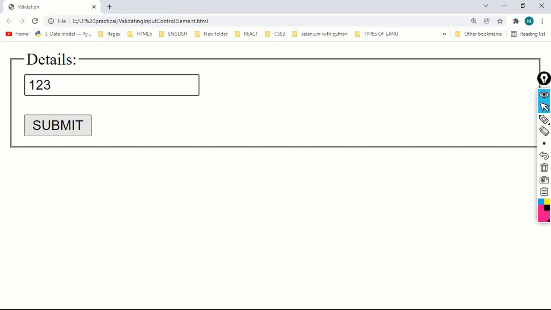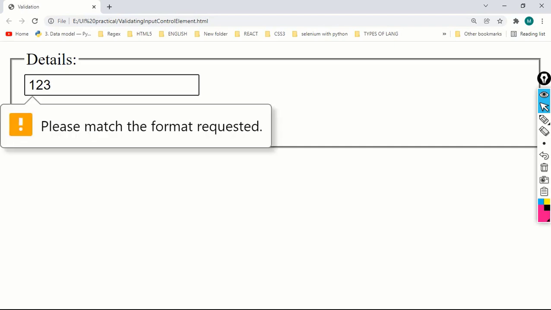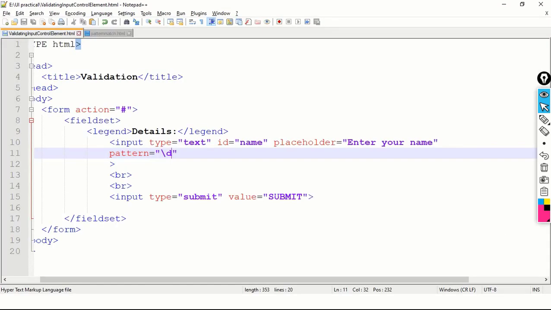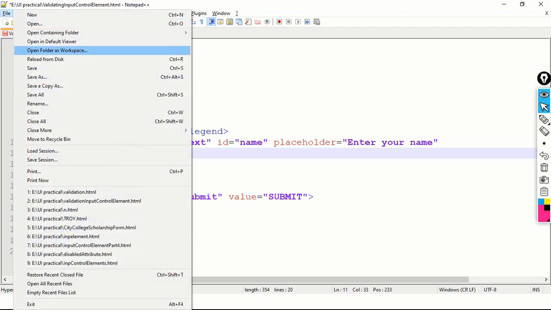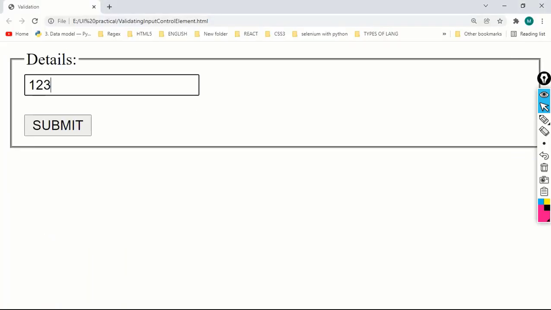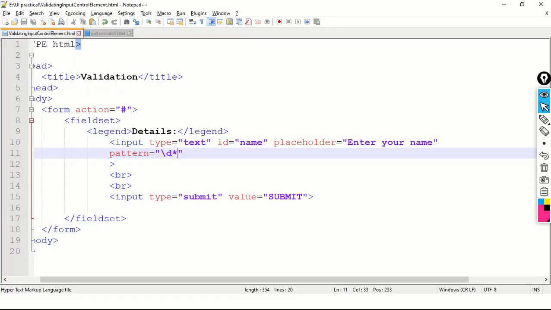Observe carefully what happens. Please match the format requested, backslash d star. Save the code and refresh. 123 submit. So it is submitting now. Okay, so what is this star, what is this d, what is this backslash?